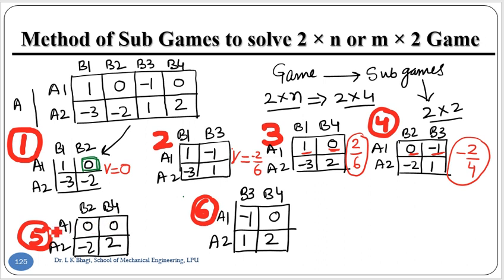Now we check subgame 5. In subgame 5, we have checked whether it is a stable game or an unstable game. When we check it out, it is an unstable game, so we are going to use the arithmetic method. In the arithmetic method, I'm going to write the values directly. It will be 4, 0 over here. For the column-wise, we write 0 minus 2, which is 2, and 2 minus 0, which is 2.